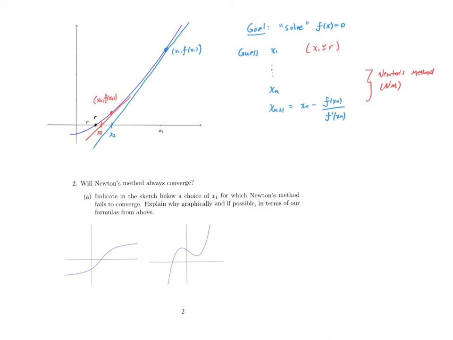Now, Newton's method is going to create for us this list of numbers. And if this list of numbers converges, that is to say they're getting closer and closer to this root r, we would say that in general Newton's method converges. But immediately you see there's an underlying assumption that we're making. Dividing by f prime of xn really notes that we're assuming f prime of x sub n is not equal